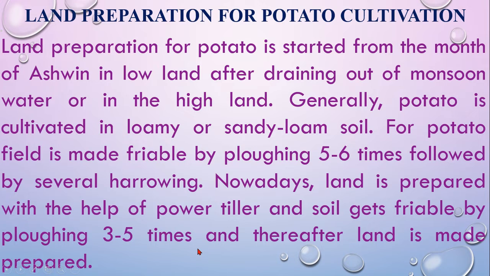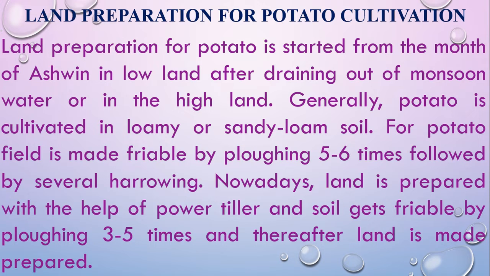Remember that potato does not like water stagnant or waterlogging conditions, because we know potato grows underneath the soil, that means in the potato plant root zone. So if there is any water stagnant condition, the potato root will rot, and no potato will grow on that root. So that is why make sure the land is plowed about 5 to 6 times